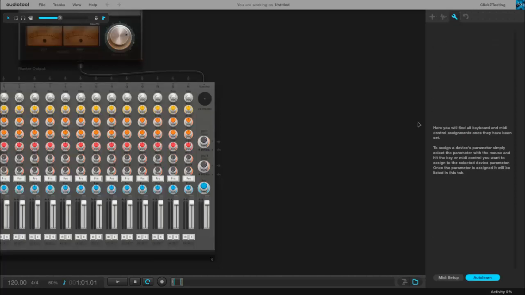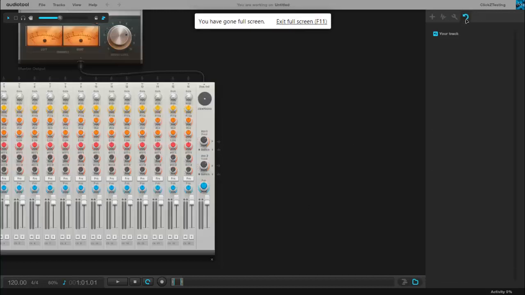Over here we have tools. This is where you can take a MIDI thing, such as a keyboard that you can hook up to your computer, and you can play it directly through the keyboard, and it'll translate into notes down here. And that's about all I can tell you.